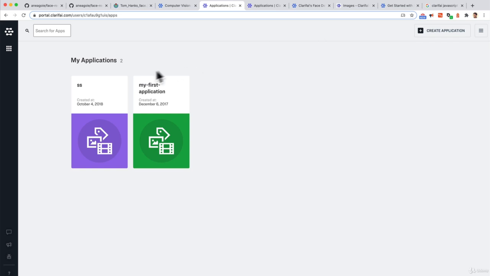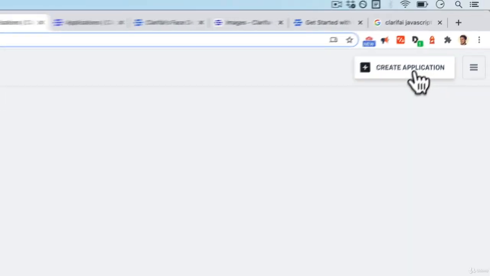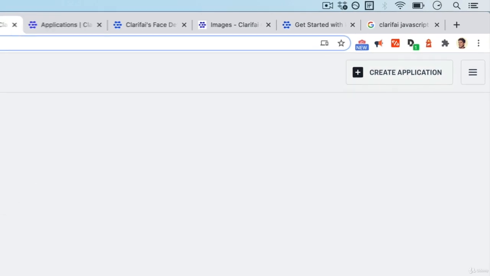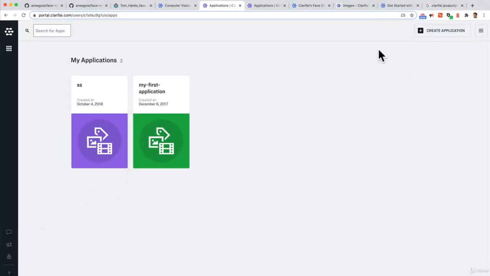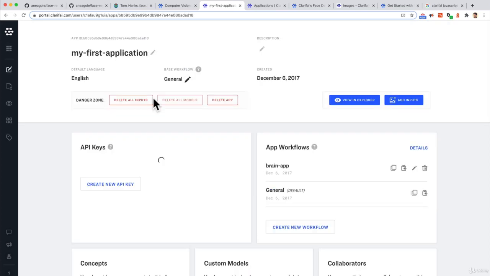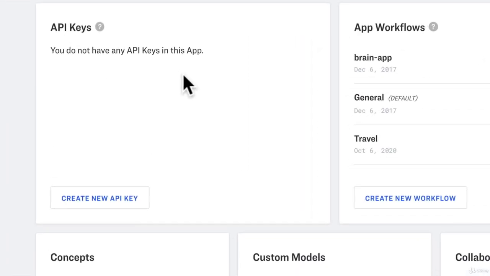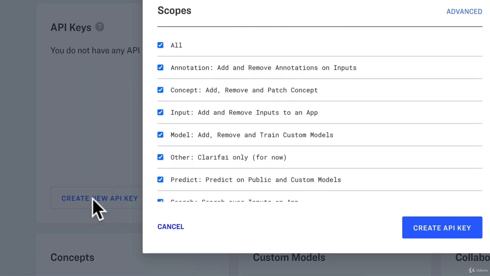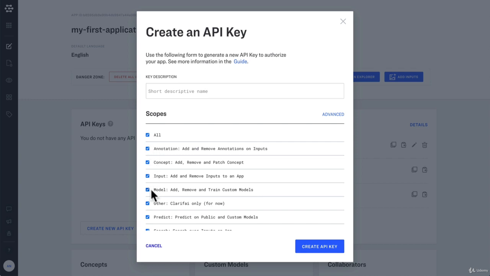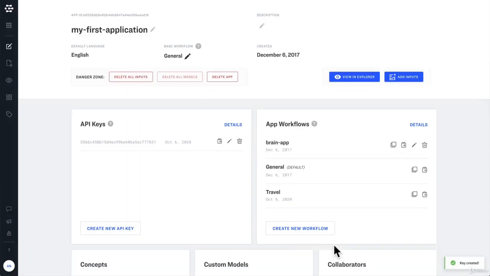Now, in my case, I already have an application built, but otherwise you can just click on Create Application. And once you do that, it's going to ask you to put in the name, some details, and then from there, you'll have this dashboard. Now, all we have to do is just click on Create New API Key. You can leave all the checkboxes checked and just create an API key. From here, this is your API key that you can use. So you just copy it,